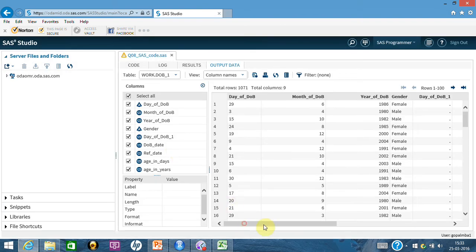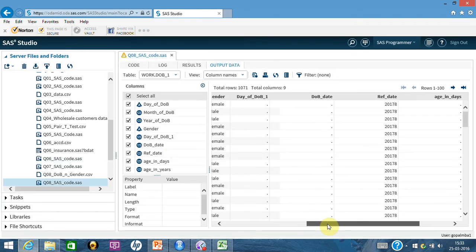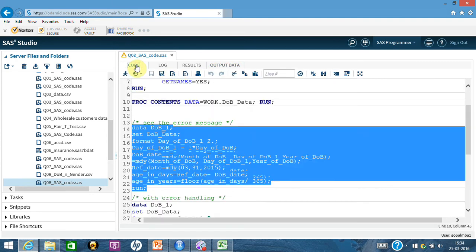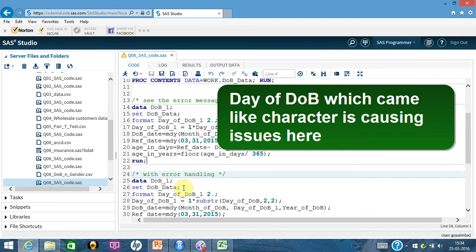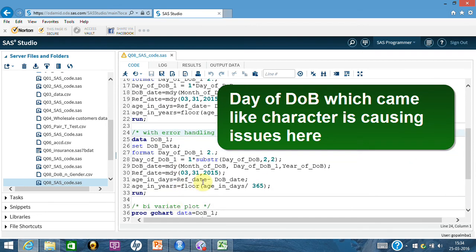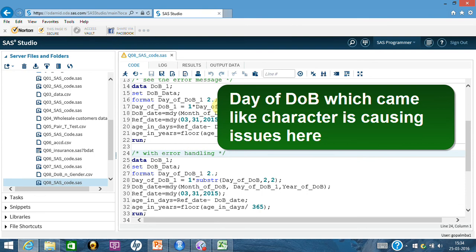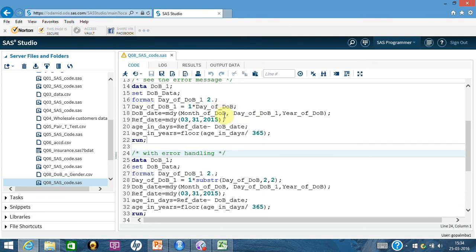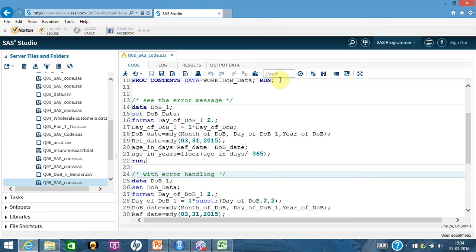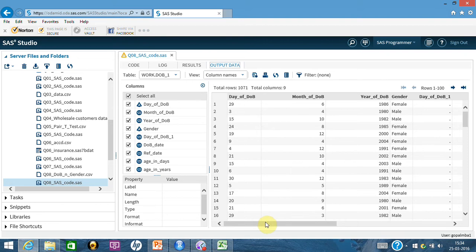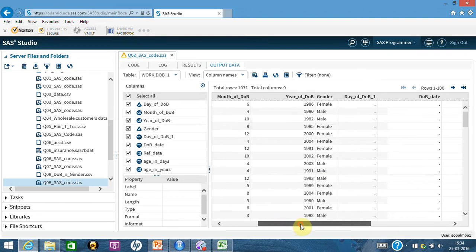I got the data set which has day of DOB, age in days, and everything has come blank. Why has it happened that way? Take a look at what is happening. When you go to the output, you will find the day of DOB has come blank.